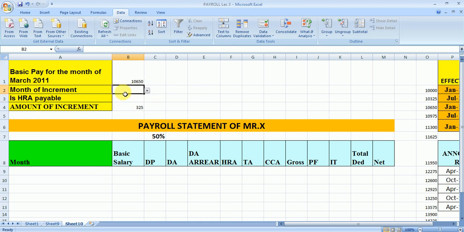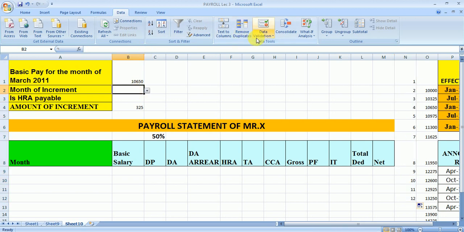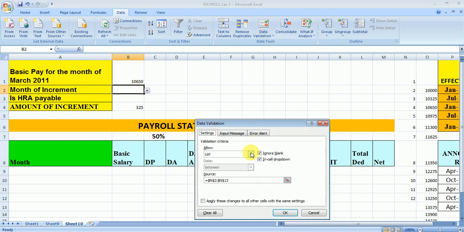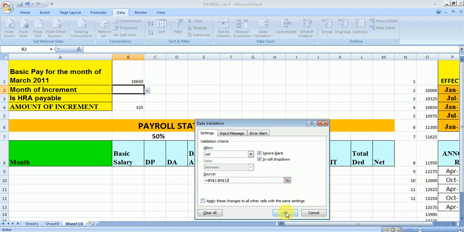Now the month of increment. As we know, there are 12 months. So we can write 1, 2, and for the others we can simply drag it to 12. Fine. Now here we make a list. We can place the cursor here, then data validation, and the source will be these numbers, and okay.